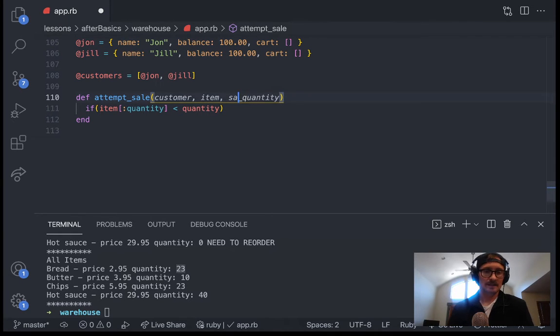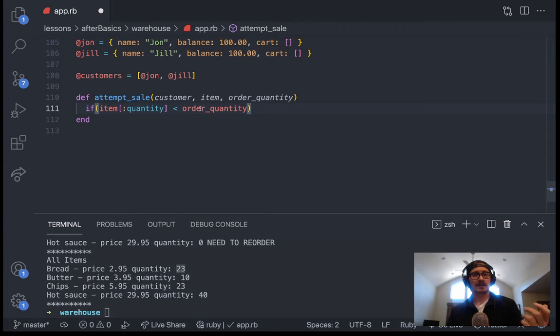Or see, naming variables can be very tough. What's a good name for that? Quantity, order quantity, something like that. But if the item quantity is less than the order quantity,